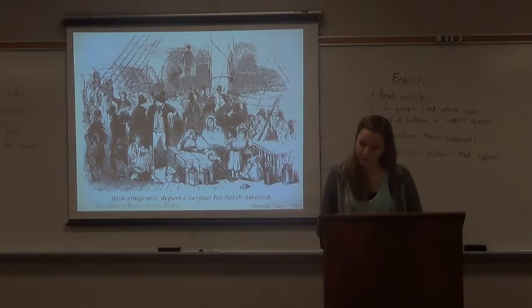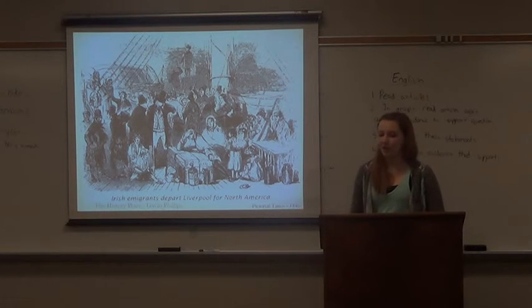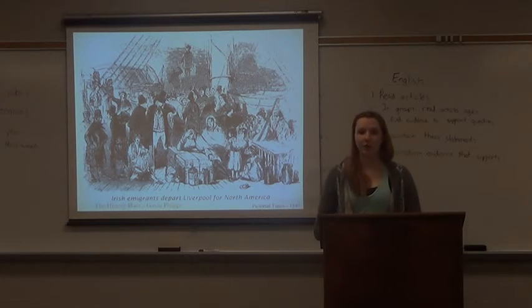According to Tim Pat Coogan in an article, Ireland's Path to Desolation, Ireland changed because of the famine, the population decreased and the geography changed. So at the beginning of the famine, the population was around 9 million in Ireland, and it dropped by 2 million during that time. It changed because there were lots of deaths because of malnutrition, and some of the deaths